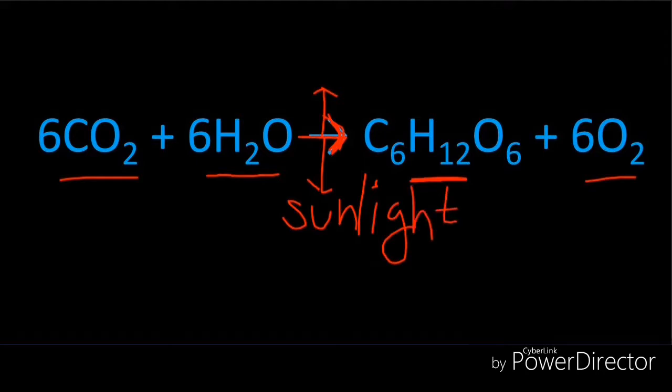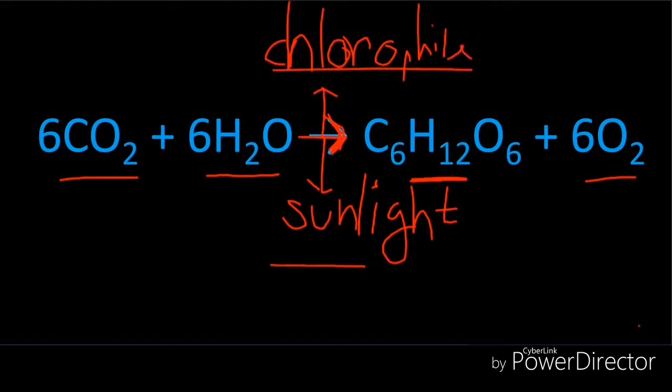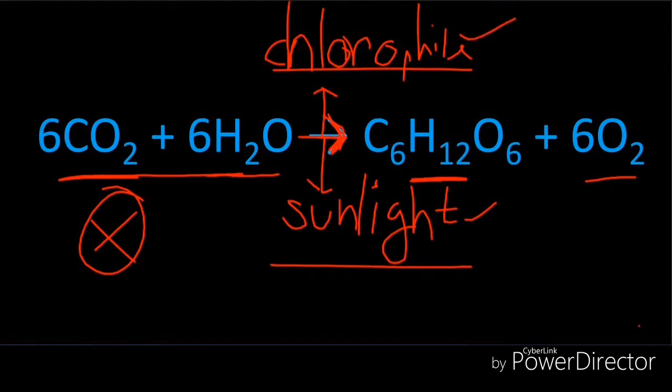and chlorophyll. And these are a must. The chlorophyll and the sunlight are a must. If there is no sunlight or chlorophyll, this reaction will not happen. And when these are present, the reaction will happen. So here we see that we need 6 carbon dioxide molecules that come from the air,